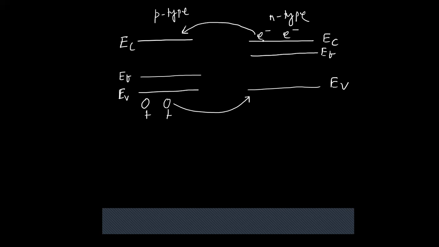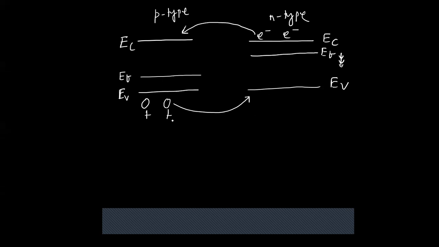what will happen when these electrons move from the N region to the P region? Gradually this Fermi energy level will keep on reducing. The Fermi energy level gives you a measure of the energy of the electrons present in the semiconductor. So you can see the Fermi energy level will go a little down and down as the electrons move. Then we'll have a particular value, or you can say it will attain that equilibrium condition.